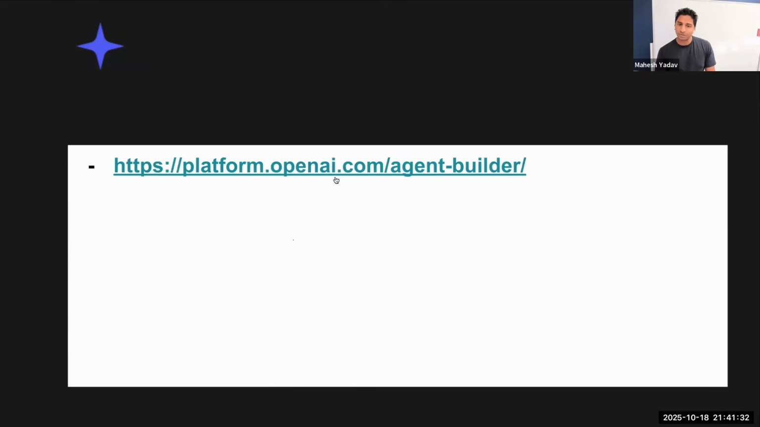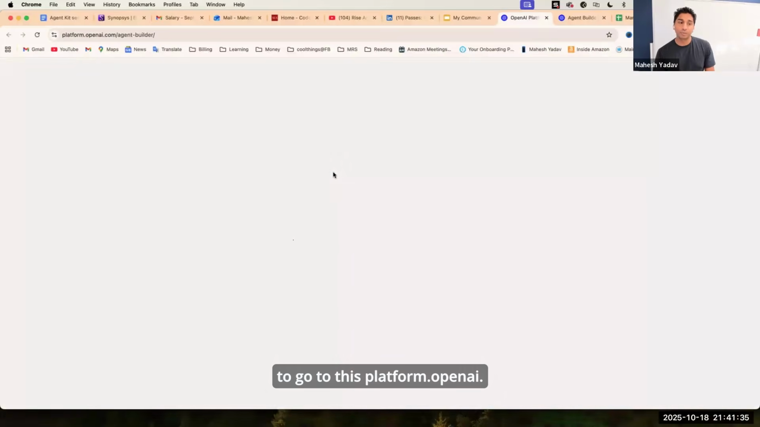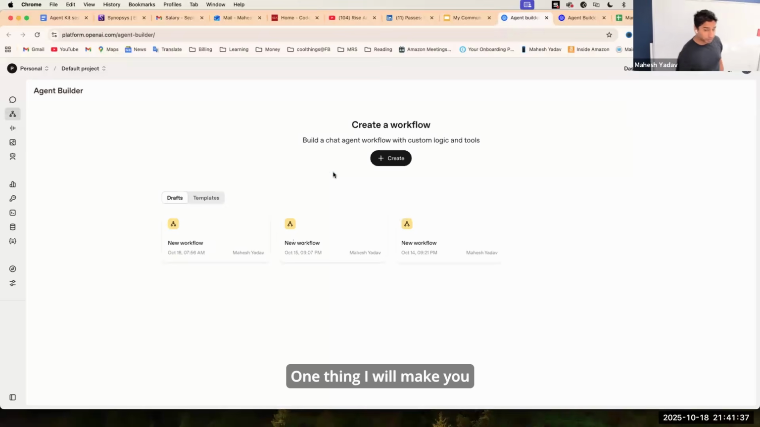To get started, you just need to go to platform.openai. One thing I will make you beware of is